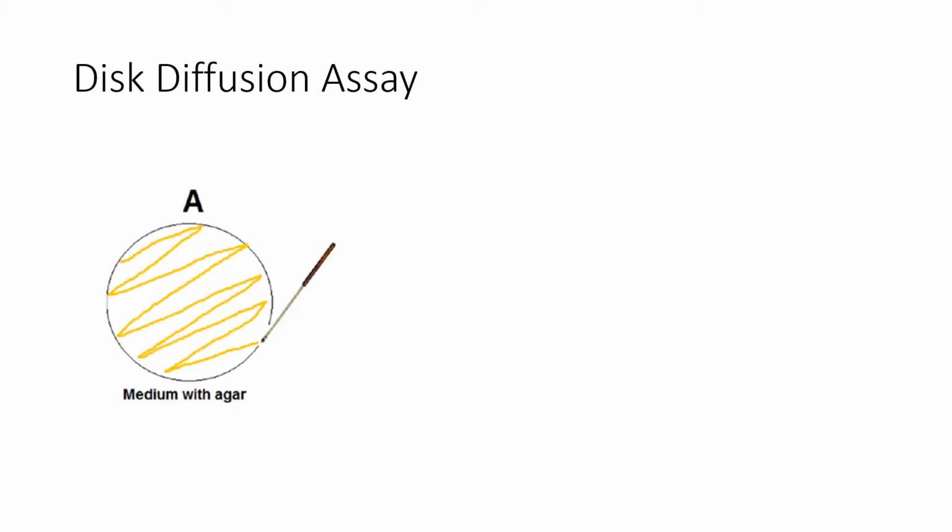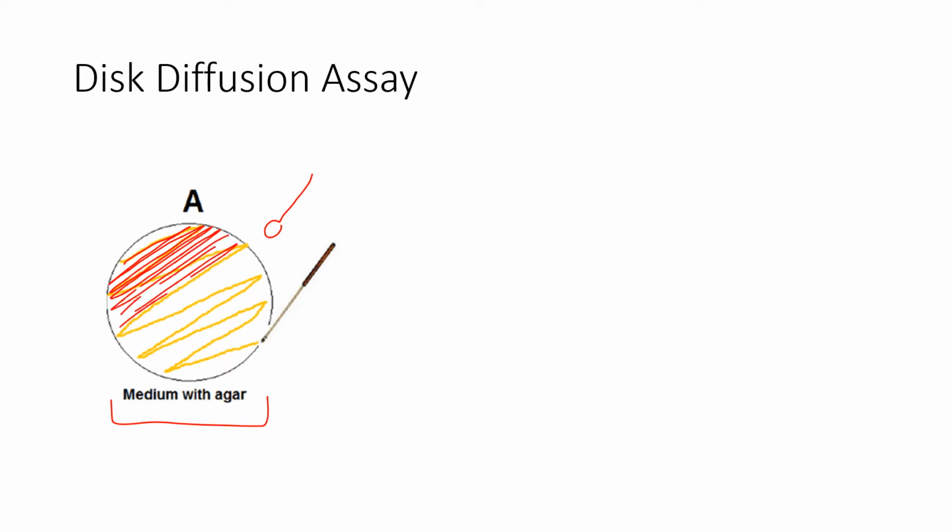In lab, you will be performing a disk diffusion assay to test the effectiveness of 4 different antimicrobial substances. To perform this experiment, the first thing you will need is a TSA plate, and you will inoculate that plate with a particular type of bacteria. To inoculate the plate, you will use a loop, and using the loop, you will streak all over the surface